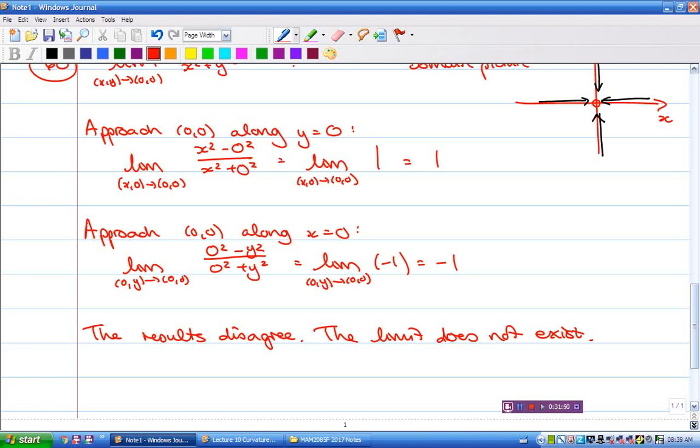But let's say that this one here, let's say it actually had been limit x, not limit of 1. Then I would have said equals 0, because the limit of x as x approaches 0 is 0. And you're not saying x equals 0, you're saying x is approaching 0. Limits